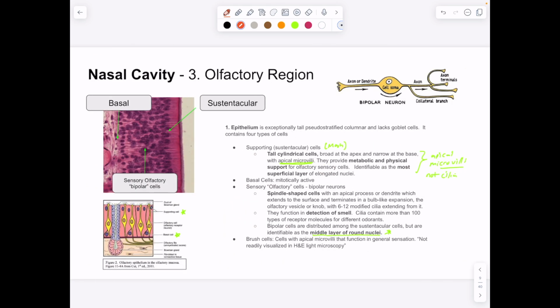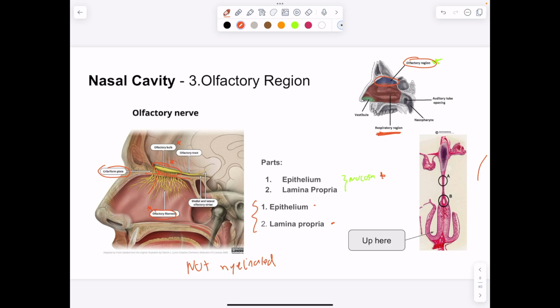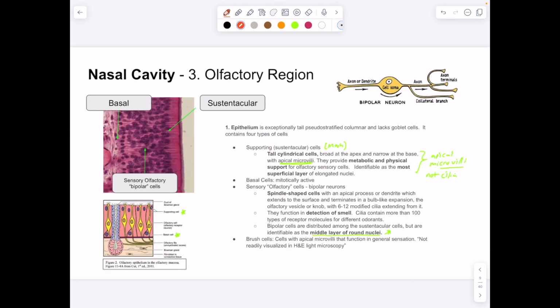All right, so the olfactory region is going to look a little bit different than the respiratory region. The respiratory region we said is respiratory epithelium. The olfactory region is olfactory epithelium. This is going to be exceptionally tall pseudostratified columnar cells, and there's going to be no goblet cells. So no goblet cells in the olfactory region. It's not going to be producing a lot of mucus, but you do have in this region a lot of